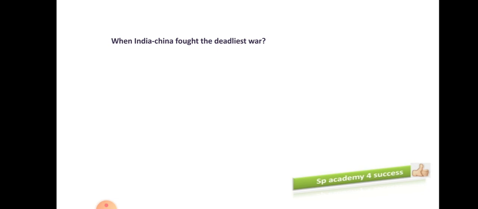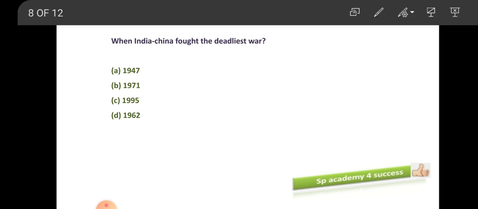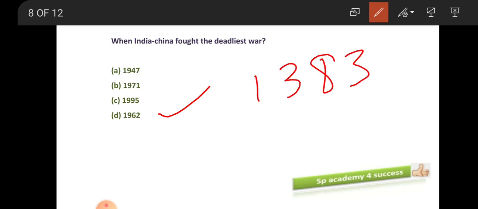When did India and China fight the deadliest war? We have discussed this question in the last class. We all know that India and China had the deadliest war in 1962. So option D is the right answer. In this war, it is believed that around 1383